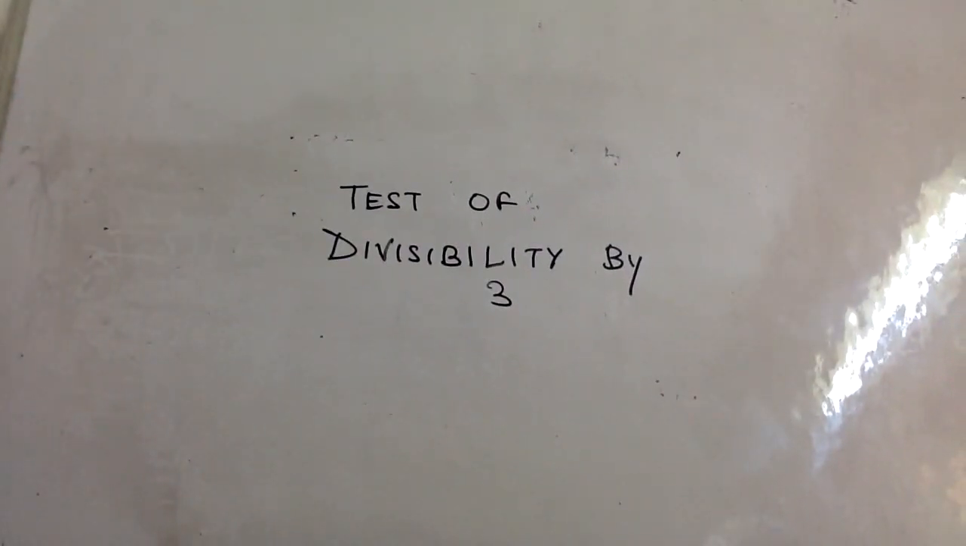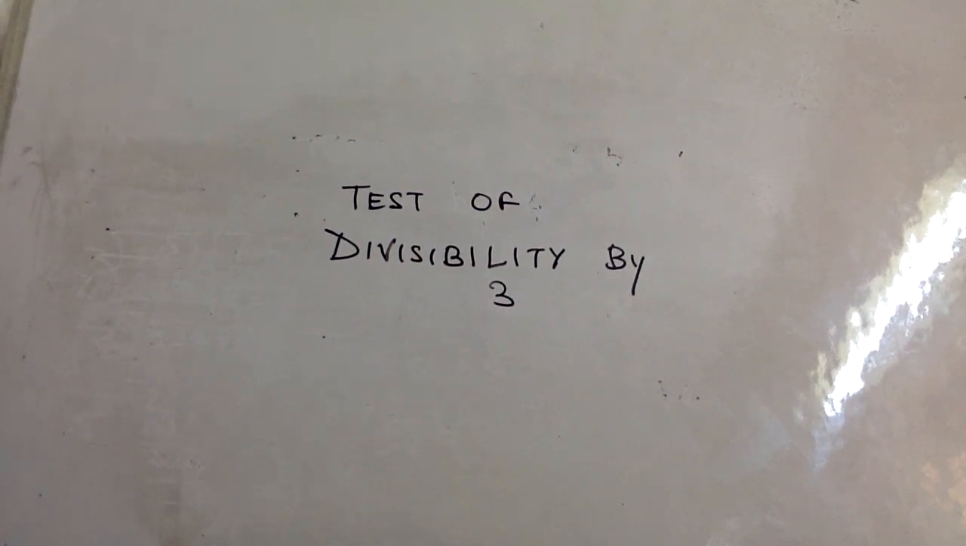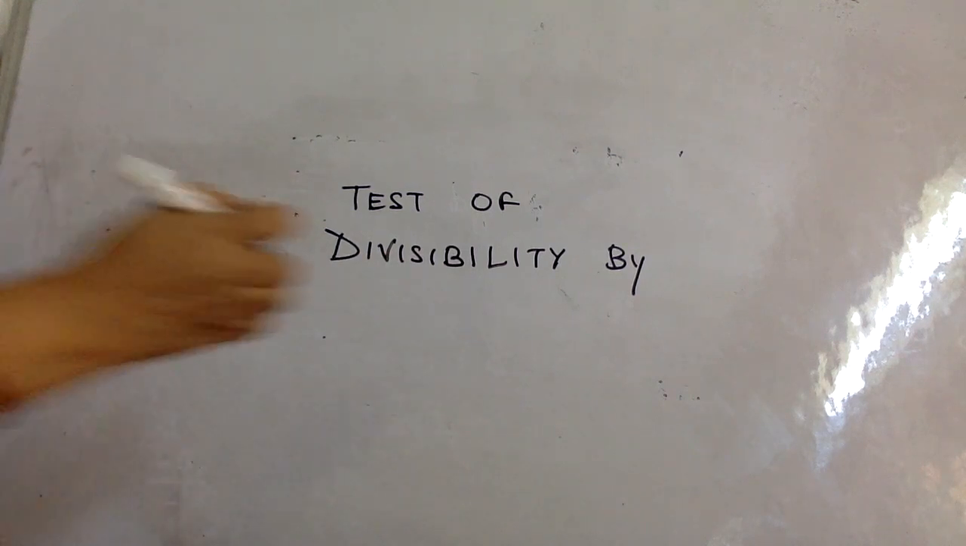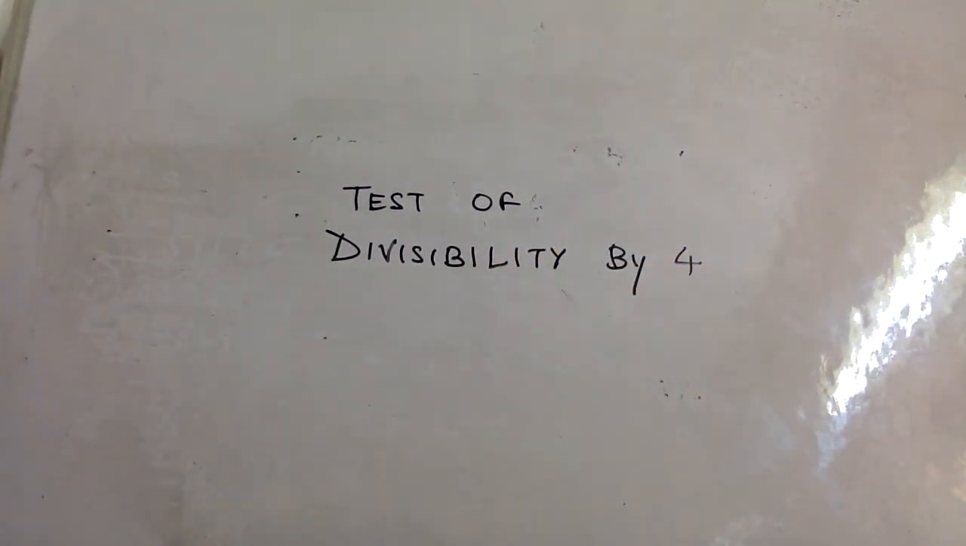Then the next number that we are going to take up is the number 4. Test of divisibility by the number 4. Let's see. Now for 4, the test is very simple. Again, we don't have to do much calculations. In 3, we have to do some calculations. In 4, we don't have much calculations. All we have to do is we have to